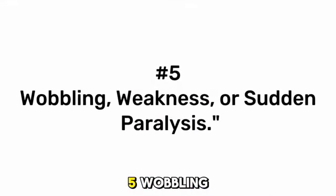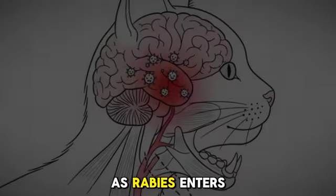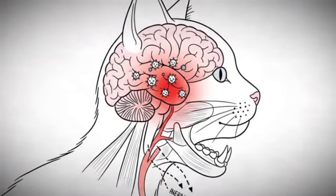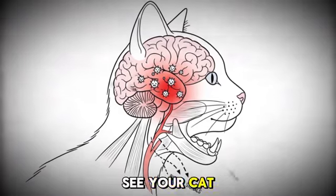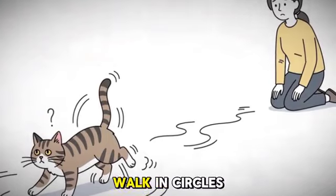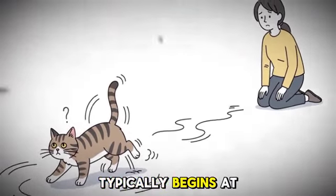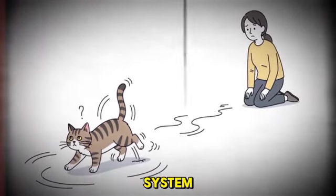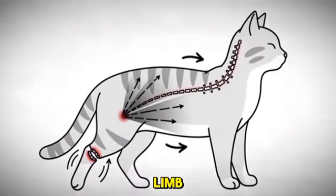Warning sign number 5, wobbling, weakness, or sudden paralysis. As rabies enters its final stages, what veterinarians call the paralytic phase, the virus has spread extensively through the nervous system. You'll begin to see your cat losing physical coordination. They may stumble, drag a hind leg, walk in circles, or collapse without warning. This paralysis typically begins at the site of the original bite and spreads outward through the nervous system. A cat bitten on the leg, for example, may first show weakness in that limb before it spreads to the